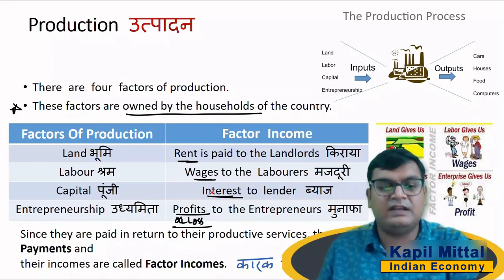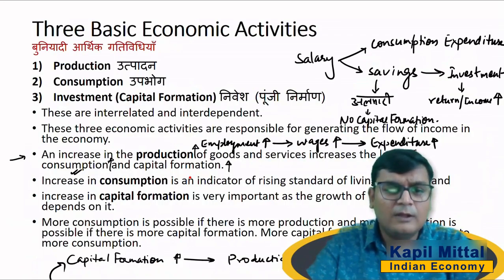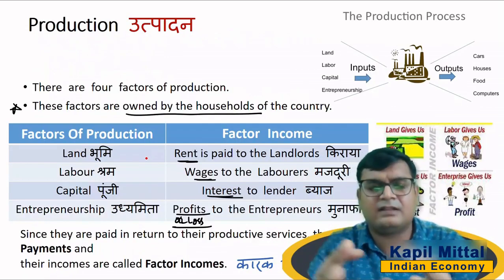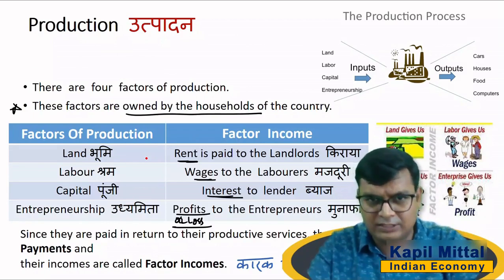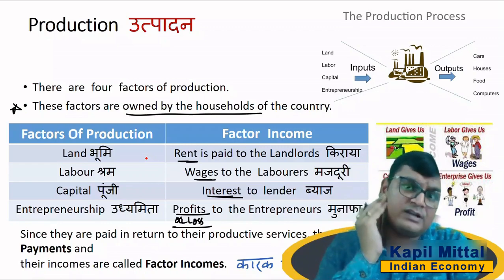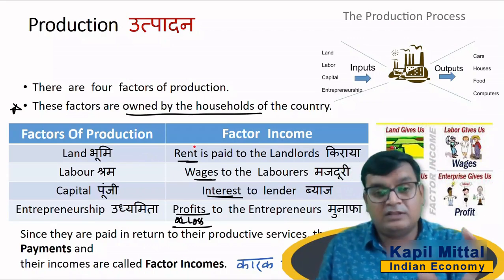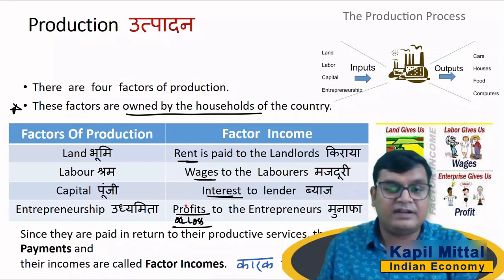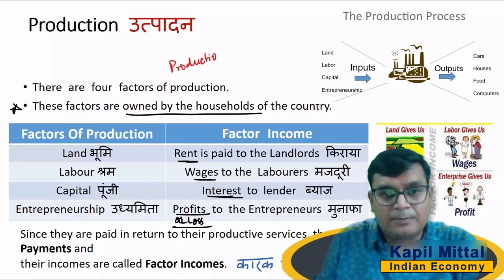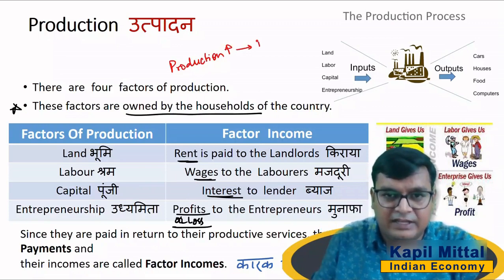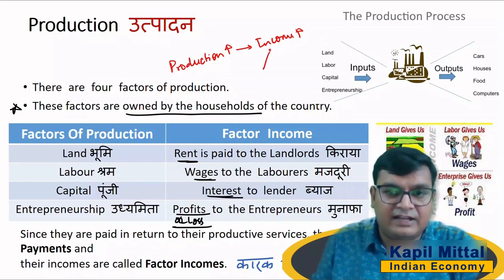So the rent, wages, interest or profit or loss will be the factor incomes of the owners of the factors of production. So we see, if the production is increased, we'll be considering a situation where the whole of the production goes to market and is fully sold in the market against the demand. So if the whole production is sold in the market, then the company will be making some profits. Then that will be distributed in these 4 factor incomes, like rent, wages, interest or profits, in their proportion. Okay, so when the production increases, it increases the income of the owners of factors of production, and out of this income it is channelized for the